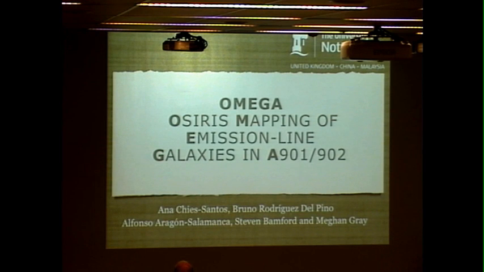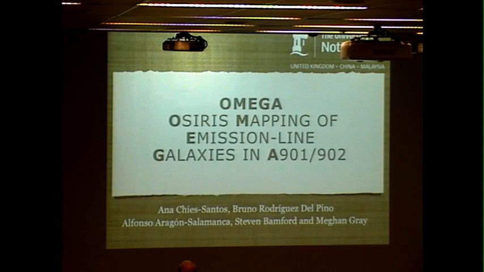It's really nice to be here today to introduce you to the Omega survey. Omega stands for the OSIRIS mapping of emission-line galaxies in A901/2, a multi-cluster system at redshift 0.17. This work is done mainly in collaboration with the PhD student Bruno Rodriguez del Pino, and the PI of the survey is Alfonso Aragon Salamanca. We also work in very close collaboration with Stephen